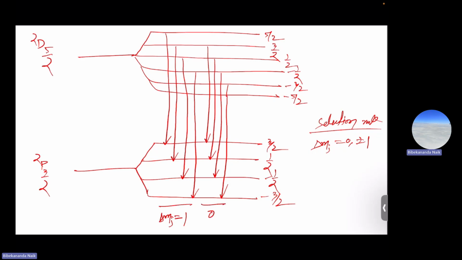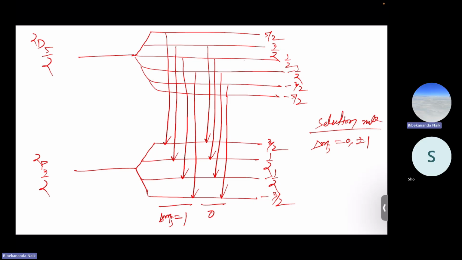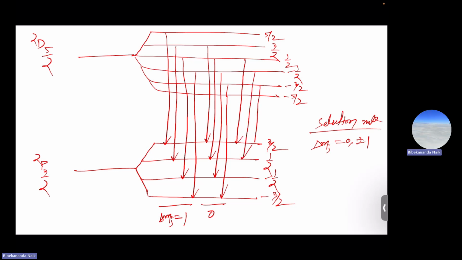So this is delta mj 0. Similarly, another 4 will be for delta mj minus 1. It will be half to 3 by 2, minus half to half, minus 3 by 2 to minus half, minus 5 by 2 to minus 3 by 2. It is minus 1. So this is 4, this is 4, this is 4. So total there will be 12